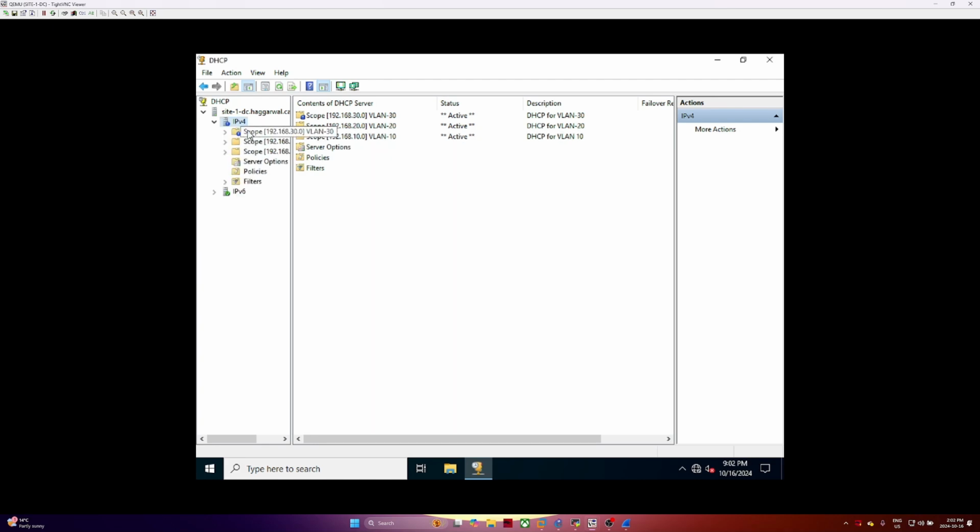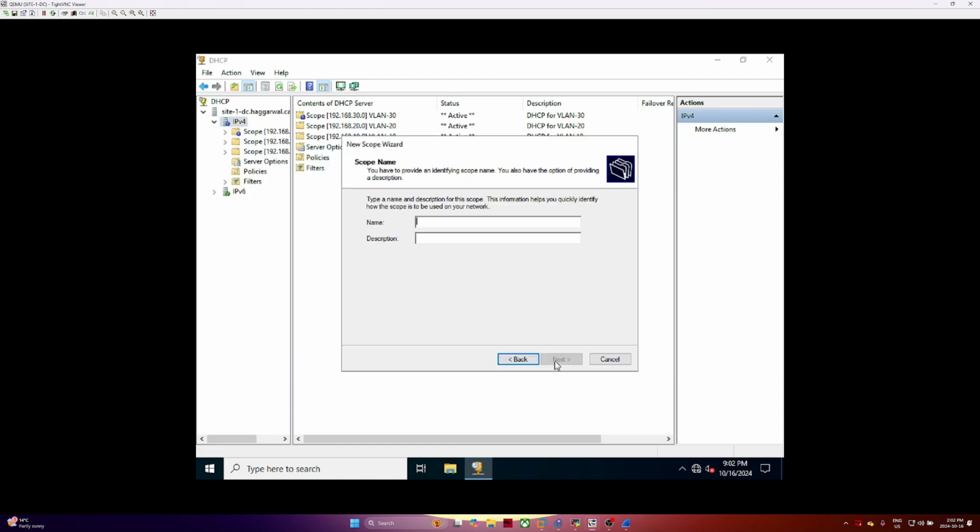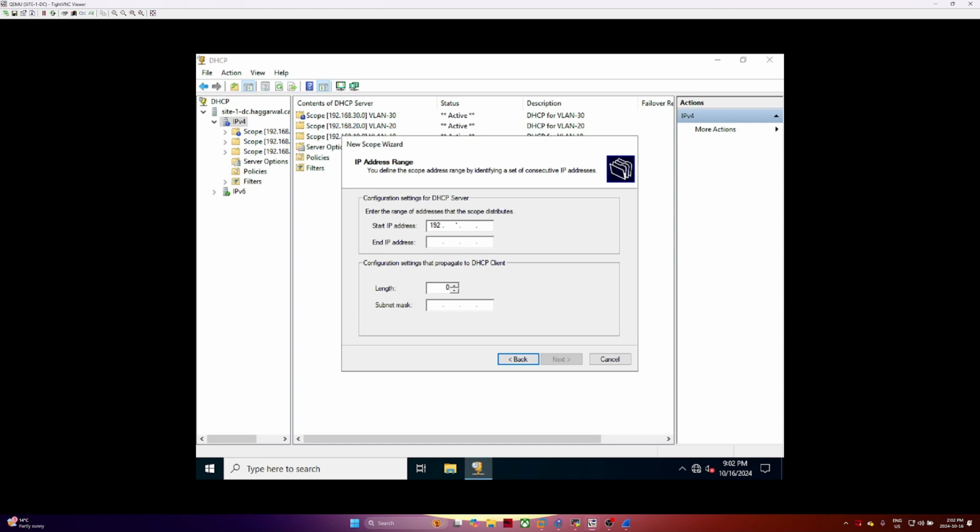So we have 30, 20, and let's configure 2 more for 40 and 50. So VLAN 40, DHCP for VLAN 40, start 192.168.40.1,